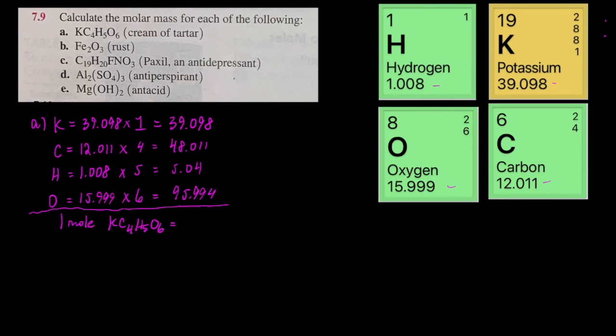Okay. And so we grab our calculator and we add up 39.098, we add 48.011, we add 5.04, and this 95 number. Oops, I mistyped something. 39.098, 48.011, 5.04, 95.994. Okay, and I get a grand total of 188.143 grams, and that's for